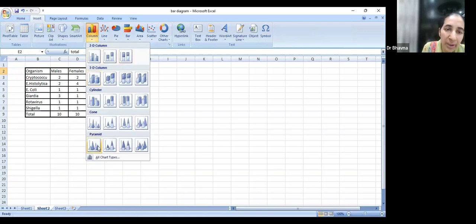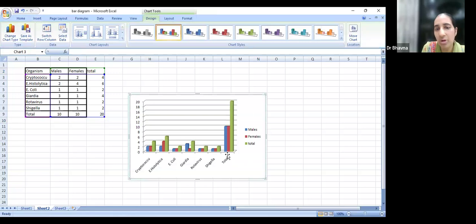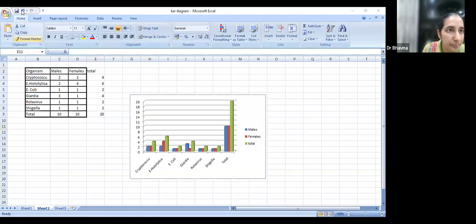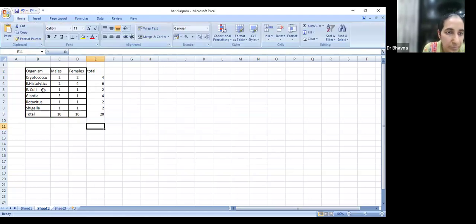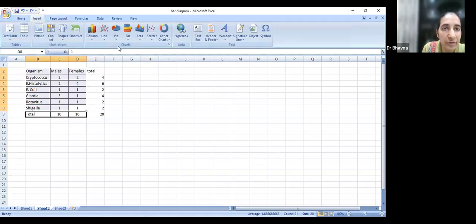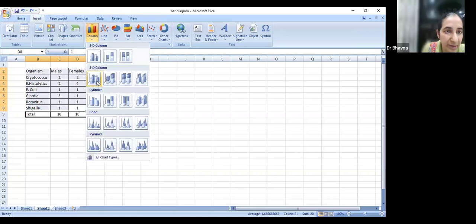So you don't have to go anywhere. Just click on this. This is your multiple bar diagram. See, it is done. Total row can be avoided also. Wait a second. I'll just avoid this. Whatever I select, I have to know what to select. Because whatever I select, this is like a robot, okay? It will just follow instructions. It does not have a mind of its own. So you have to give it the right instructions.